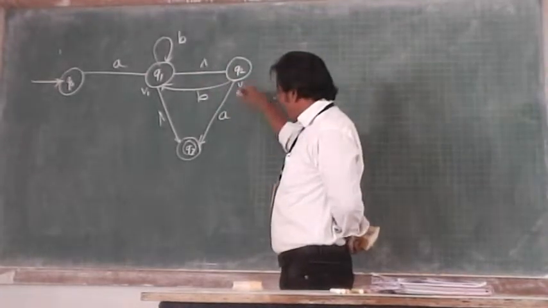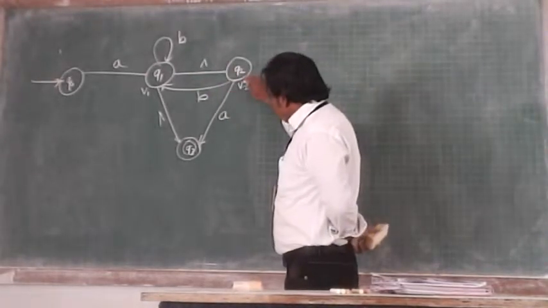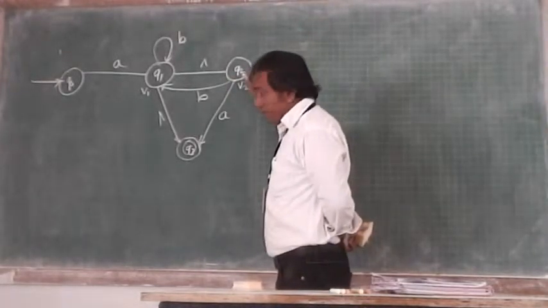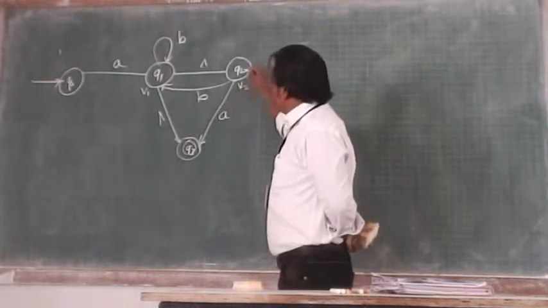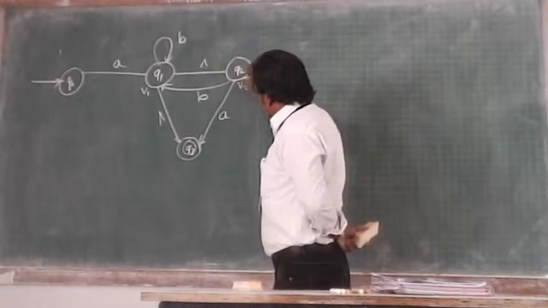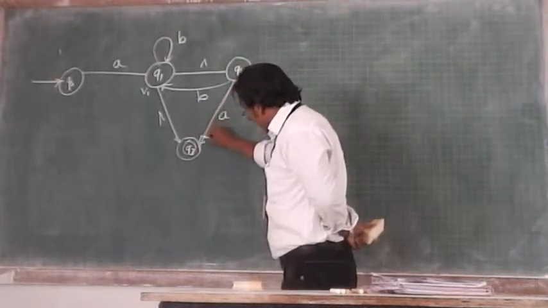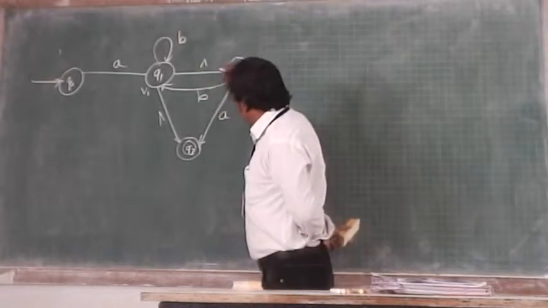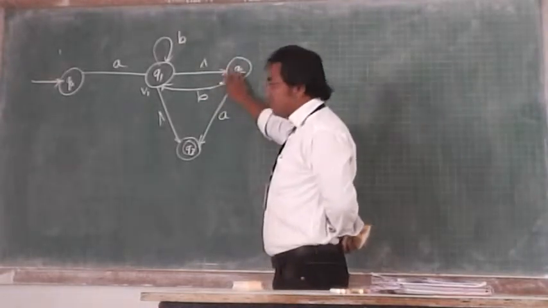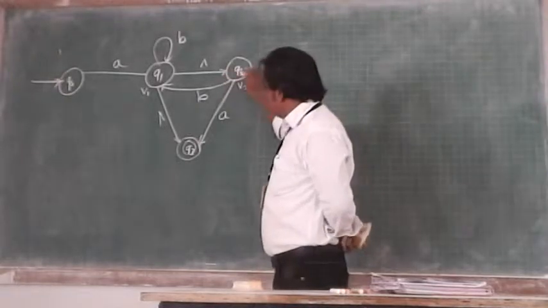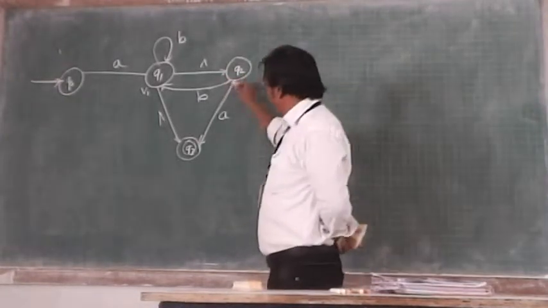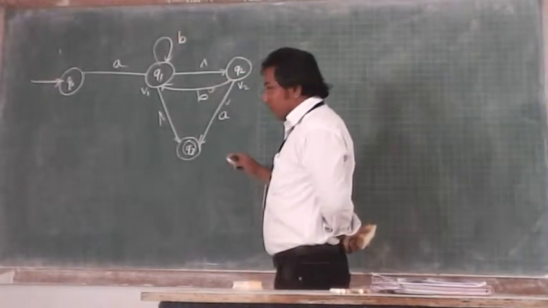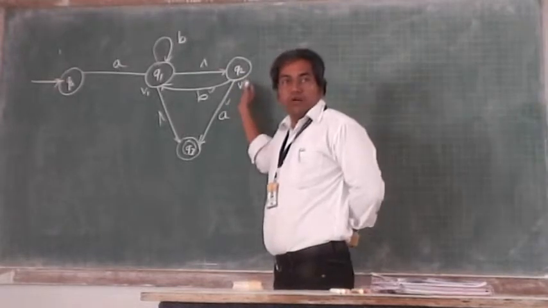As a second step, I need to find what are the various outgoing edges from V2. So this is the V2 state, and this one, I can clearly say, is an outgoing edge and this one is also an outgoing edge. I should show the arrow here. This is what? Incoming transition to this Q2. So the only outgoing transitions are this one and this one. Okay, I found these two outgoing transitions.